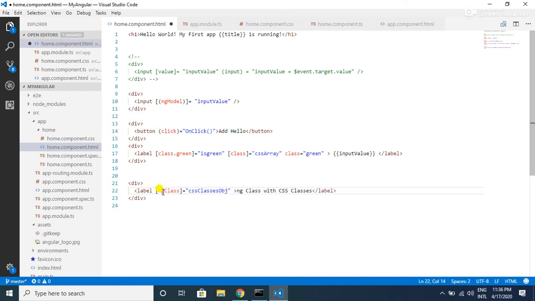So that is the disadvantage of ngClass, and also Angular suggests we use the class binding for this single class binding, and it is also suggesting that wherever we can use the class binding instead of ngClass, we should, and there is a chance of removing this ngClass directive in future versions. However, for multiple class binding, we can use either class binding or the ngClass attribute directive.